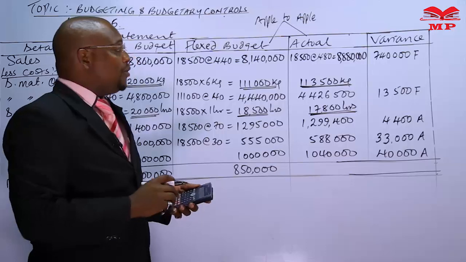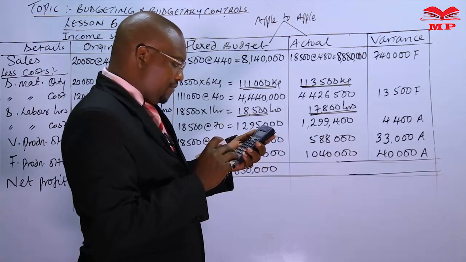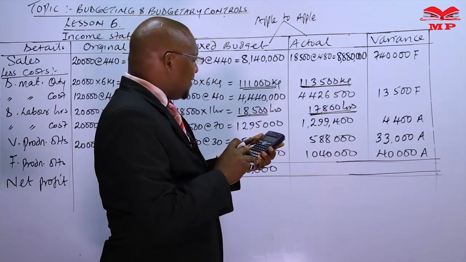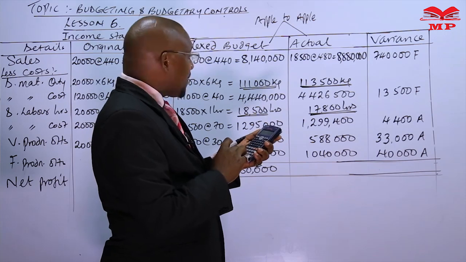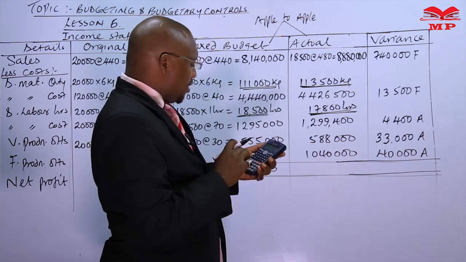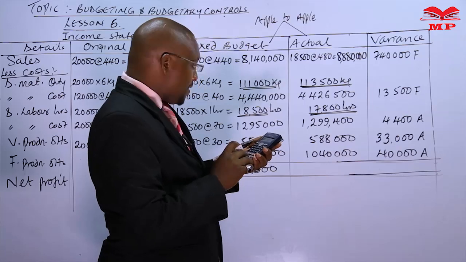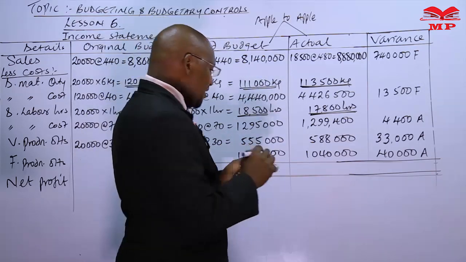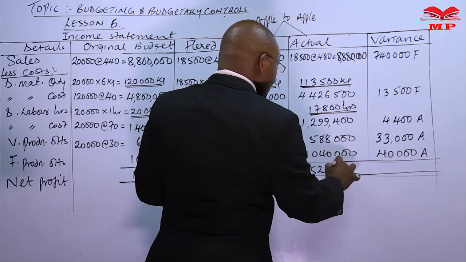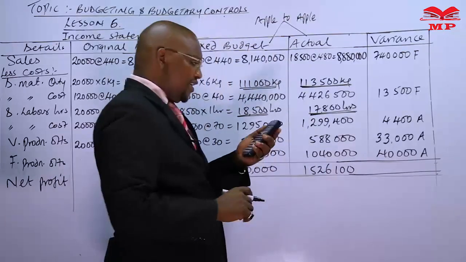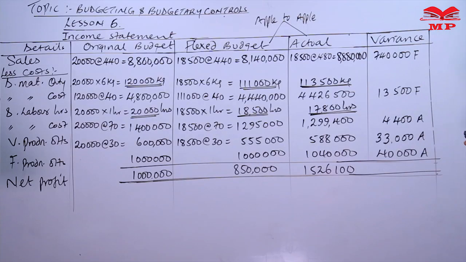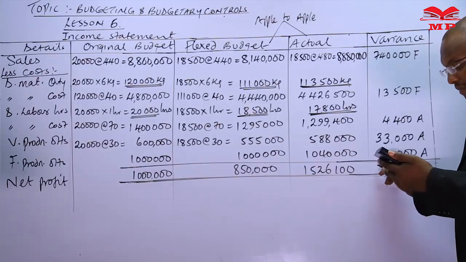But the actual amount realized shall be the 880. You subtract the 4426.5. You subtract the 1299.4. You subtract the 588 and the 1040. That is giving us 1,526,100. And if you make a comparison of this 850,000 minus the 1526, you make actually an increment of